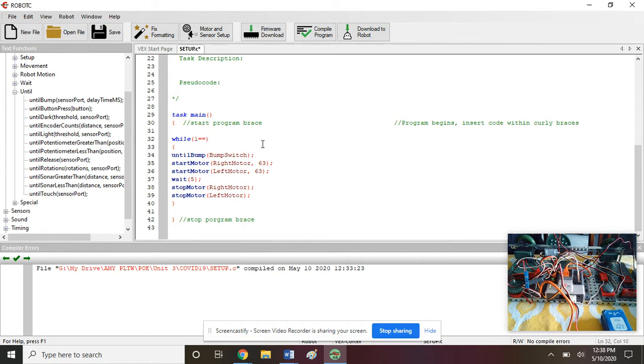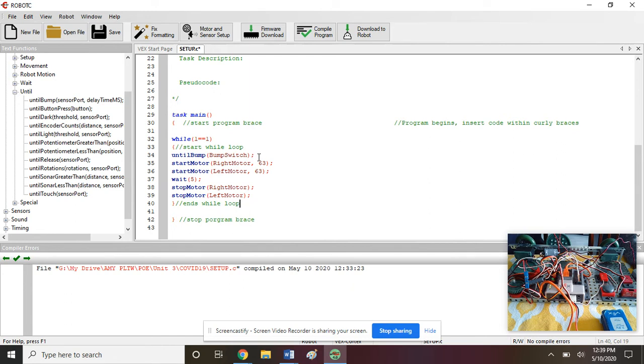If I said something like while 1 equals 0, this program would go through and say, hey, my program is starting. Hey, 1 does not equal 0. So it would skip all of this, and then it would just stop the program. But if you have right here, while 1 equals 1, your program goes through and it says, okay, so as long as 1 equals 1, I'm going to go in between this brace. Notice how this starts the while loop. Okay. We call that a while loop. And how this one ends the while loop. Okay, so since 1 equals 1 all the time, my program will continually just go through here, go through here,